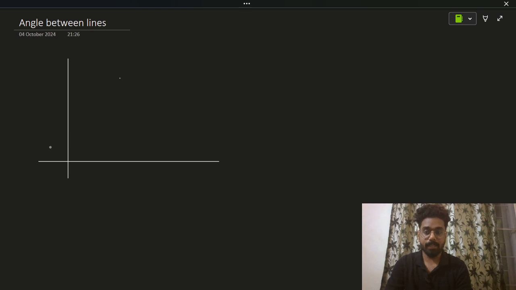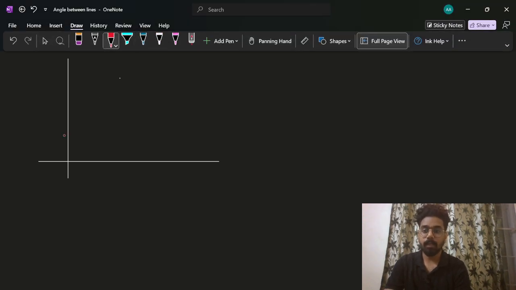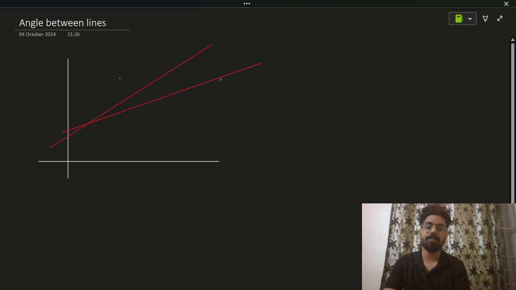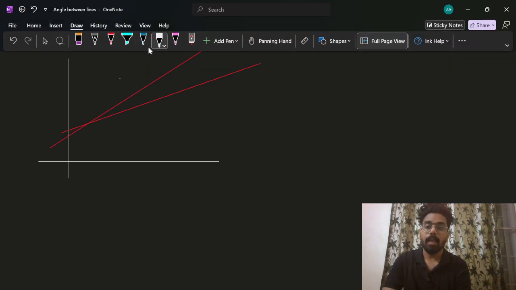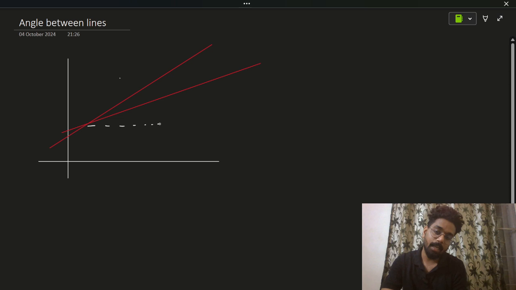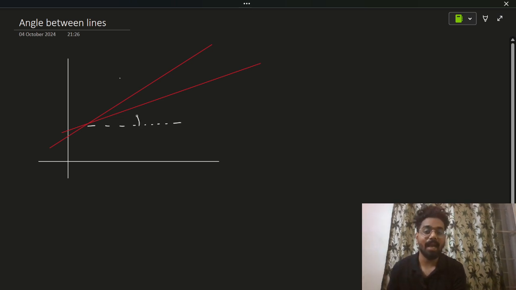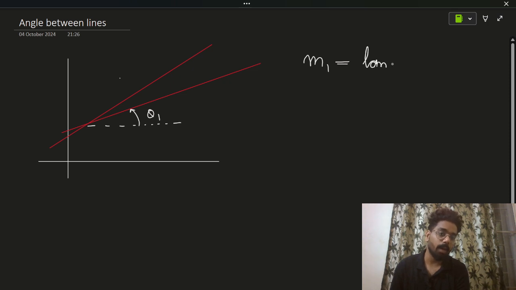Now I will draw two lines. All right. Okay, so here we have two lines. Now let's say the first line is making an angle theta 1. So what is the slope of the first line? The slope of the first line, m1, is equal to tan theta 1. Let's say the second line is making theta 2 with the positive direction of the x-axis in the anti-clockwise sense. That's how, okay, positive direction of the x-axis